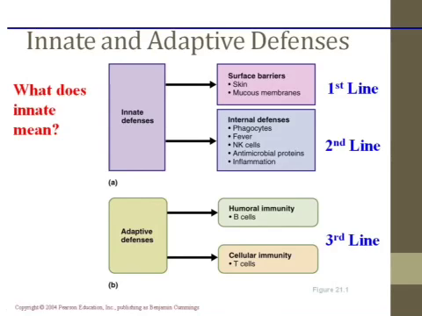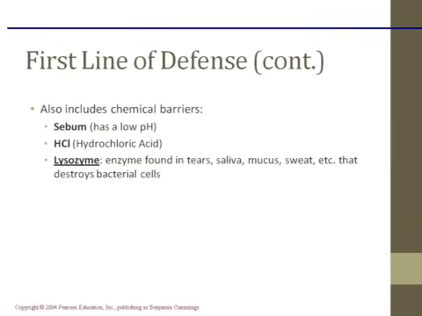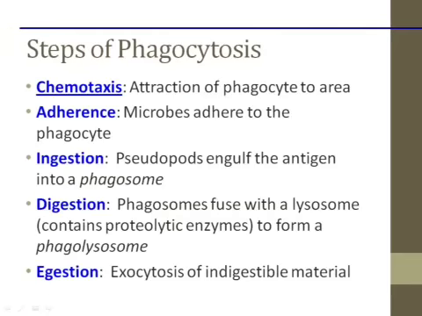What's the difference in innate versus adaptive or learned immunity? We're born with all these qualifications here, right? We don't need to really learn that. We're always going to have inflammation. We're always going to have natural killer cells and fever and phagocytes circulating around. That's innate immunity. So that's first and second line. The first line specifically being our membranes, the cutaneous membrane on the outside of the skin. So in the adaptive, what we're going to talk about today is our learned third line of defense. Okay, so I can skip over some of this here. If we want to review the steps of phagocytosis, what